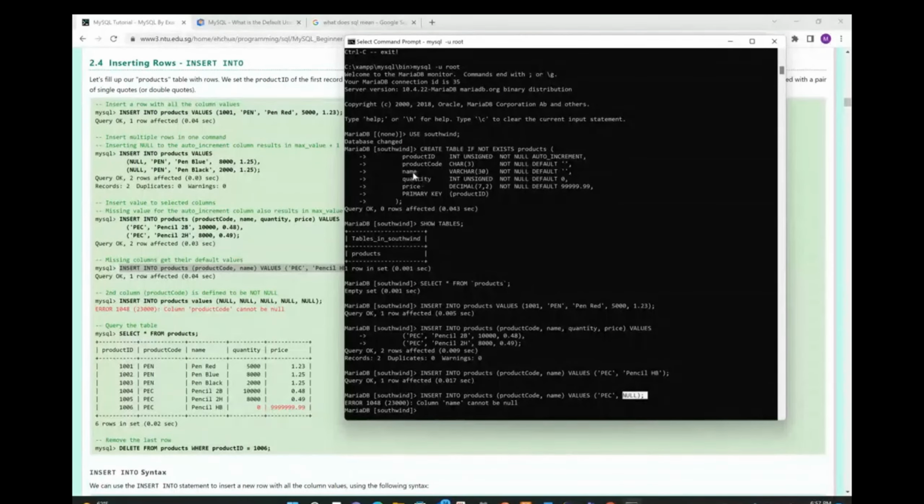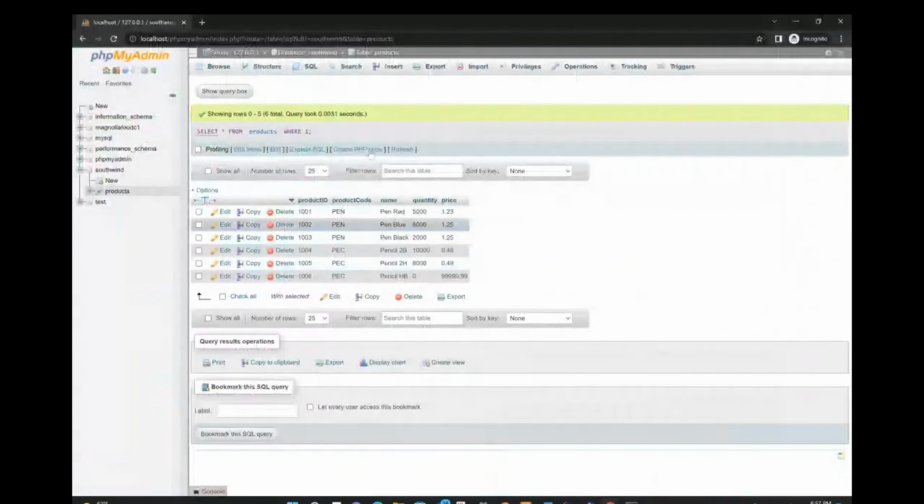But that cannot be true because we put a condition on the name, right? It cannot be null. We said not null, so the name cannot be null. So this one failed, right? So this operation failed, and still we have,